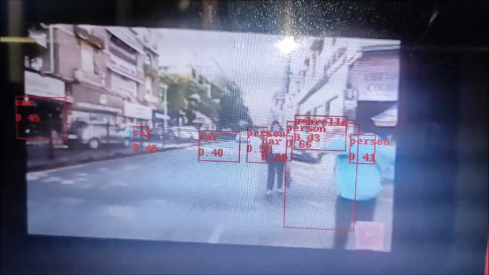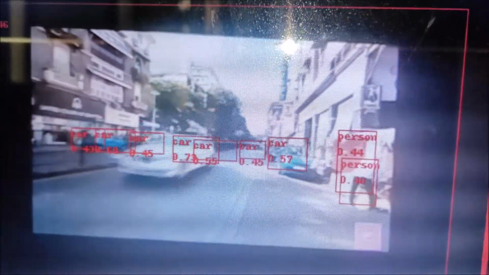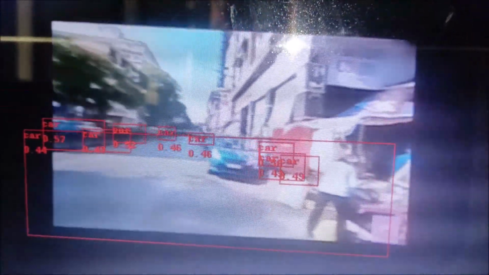Persons are being detected. As you can see, the person, the car.